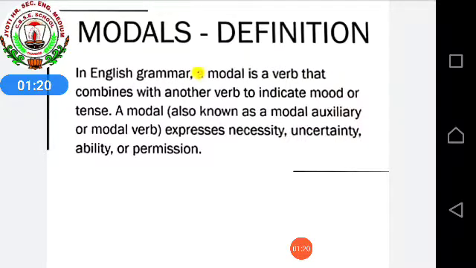What are ordinary verbs? Any action word is known as a verb, that we have already learned. So any action like play, run, dance, breathe, blinking of the eyes, standing, singing, all these are actions. So before the action, we have to put modals. Every time you have to keep in your mind that before the ordinary verbs, to express different meanings such as permission, ability, necessity, request, uncertainty, etc., we are using the modals.